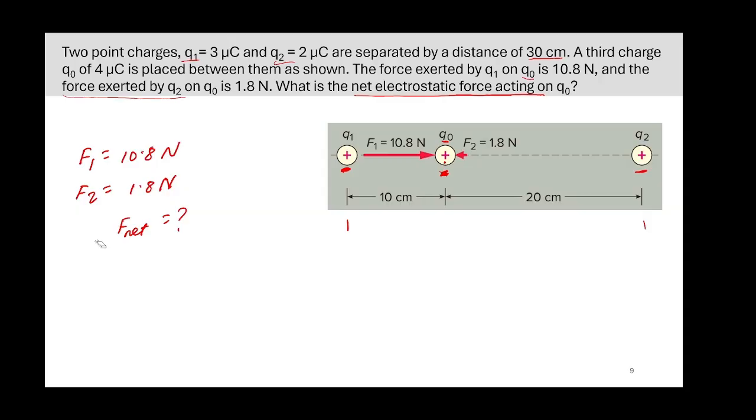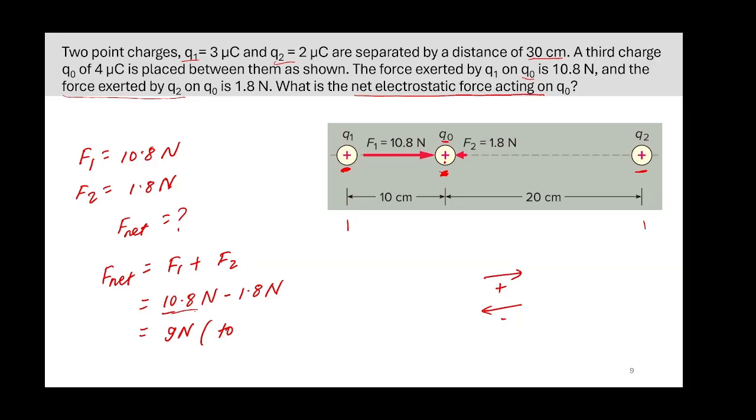So we will apply a vector addition. F net is equal to F1 plus F2, and if we use our usual sign convention and say that going this direction is positive and this direction is negative, then we will have 10.8 Newton minus 1.8 Newton is equal to 9 Newton, and we can say since the larger number was going from left to right, the resultant will